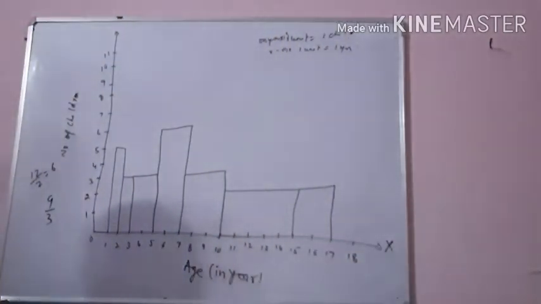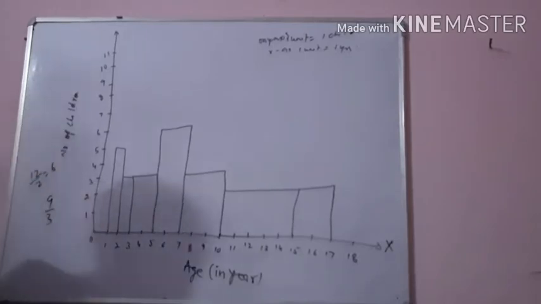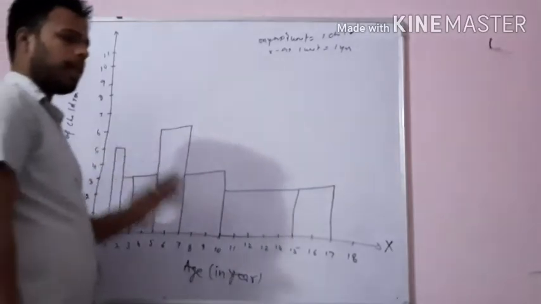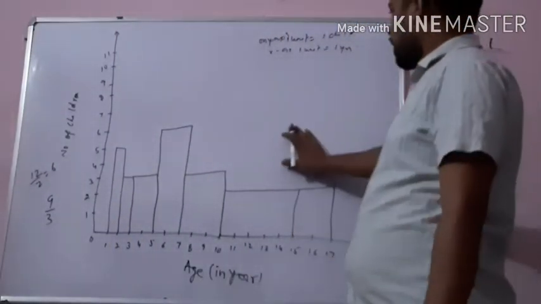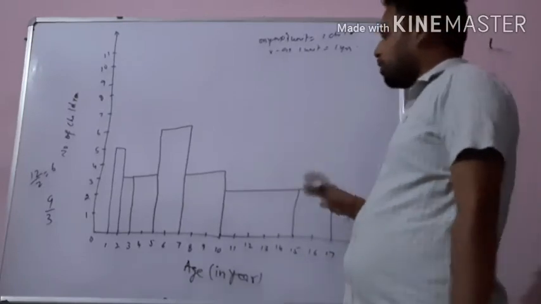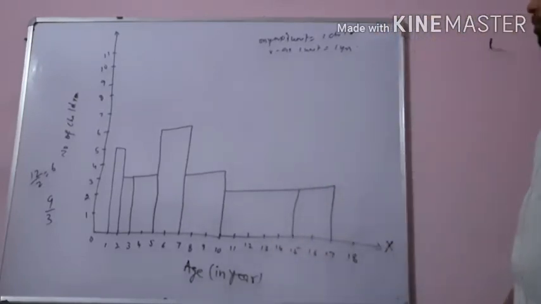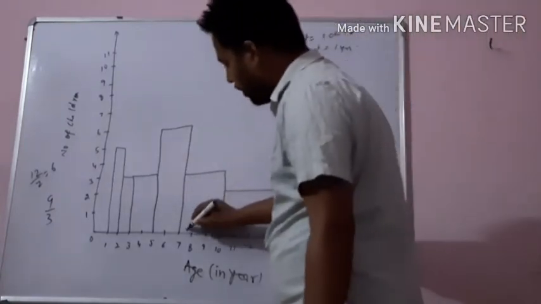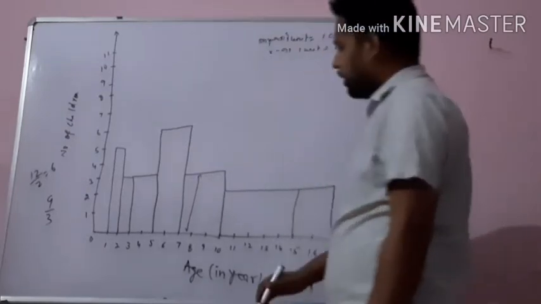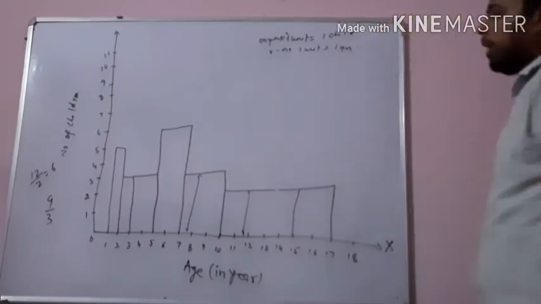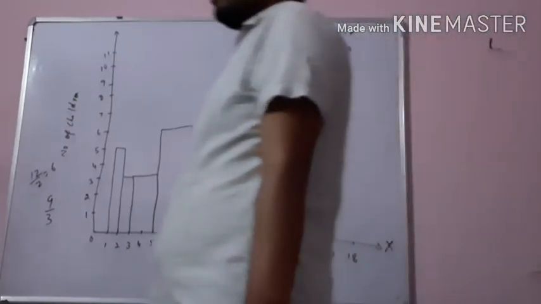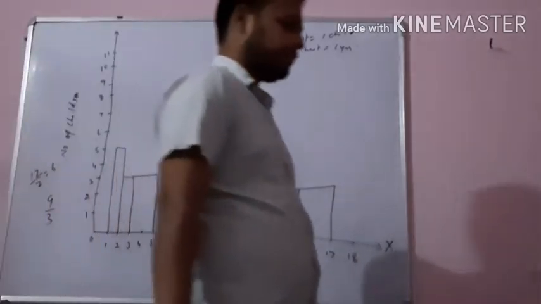See what we had to do in the earlier histogram. We saw the frequency and we had continuous class intervals, meaning the class size or class width was the same. But in this question the class width is not the same, so we have to find the length of rectangle, and it is found in this manner. According to that we have drawn the histogram for this question. So question number 8 has been completed. Now we will see question number 9.